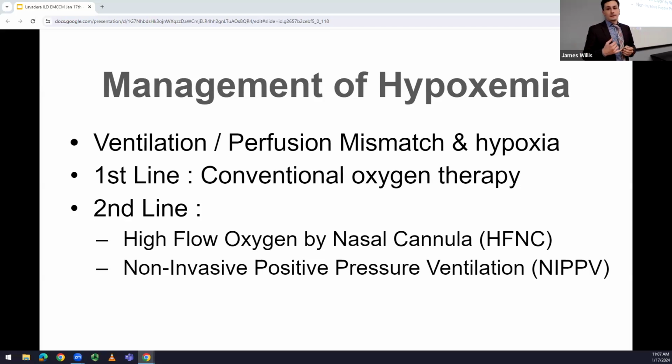This is kind of the thing that's going to maybe save the patient versus the patient leading down a path where they will end up dying. With patients with ILD, particularly those with long-standing or chronic ILD, having a large diffusion gradient, which limits gas exchange, is going to create a VQ mismatch leading to hypoxia. So it's reasonable to start with conventional oxygen therapy, including nasal cannula, oxymask,